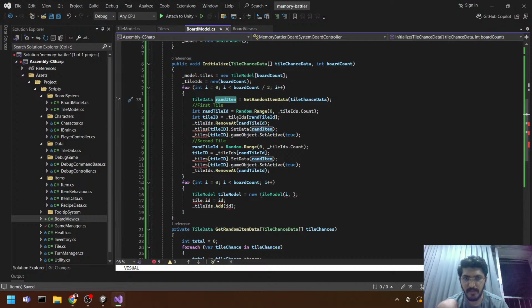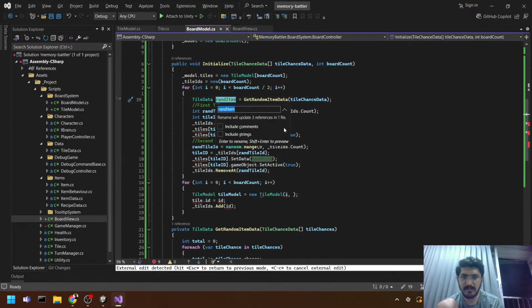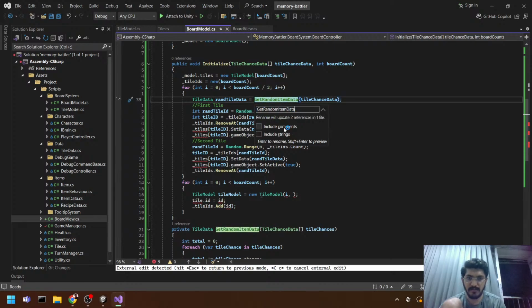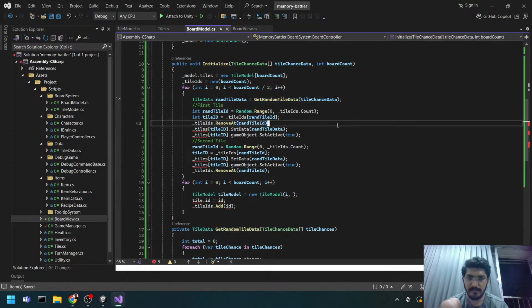We get random item data. It's not random item. What is this? This is random tile data. Let's change this to random tile data. So it gives us